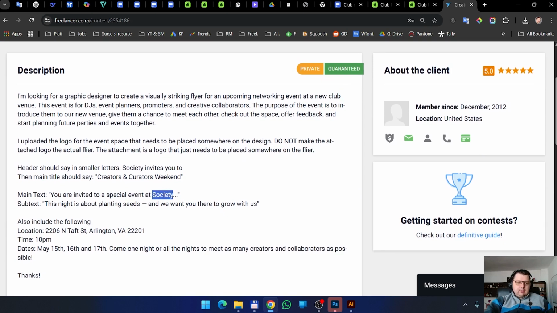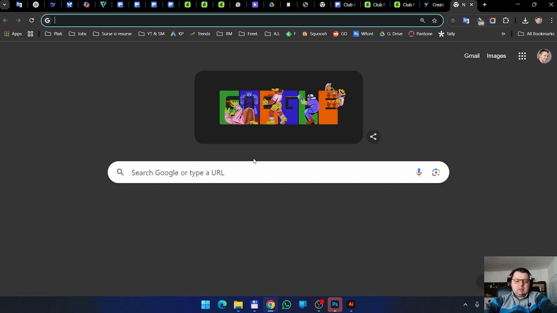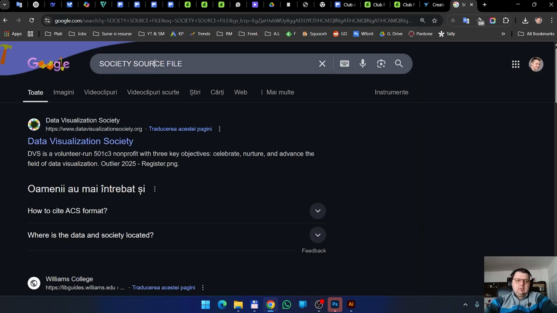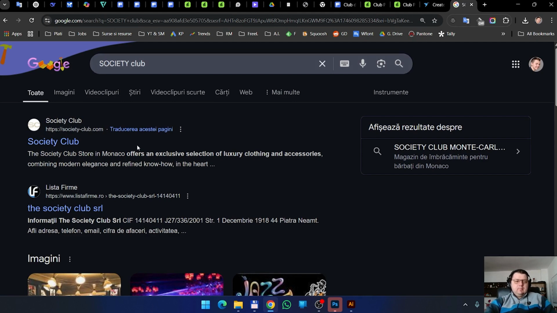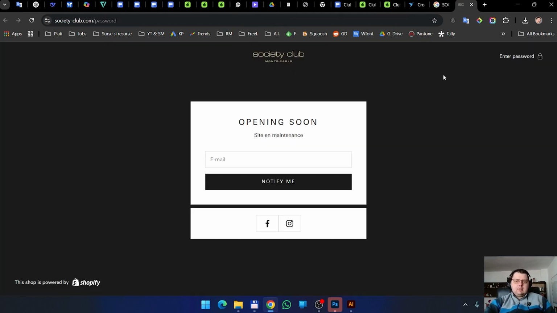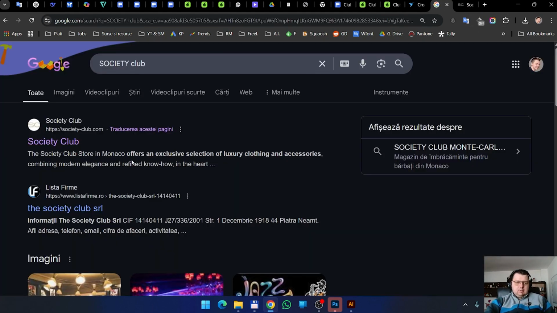Oh, Society, okay. I think many clubs are named Society because I have one in my town as well. But let me Google it, so I can see some colors. This one is in Monaco.